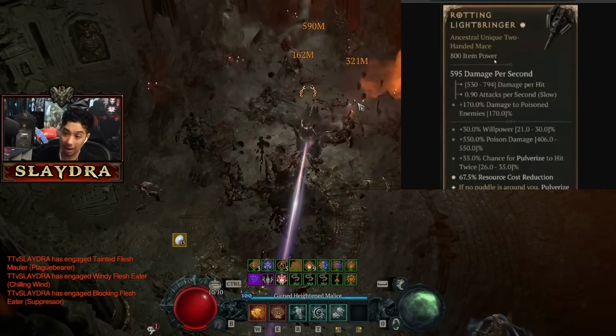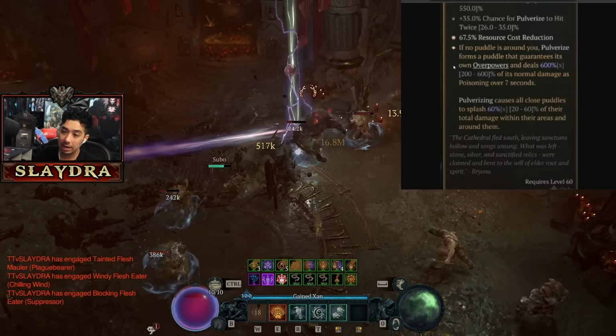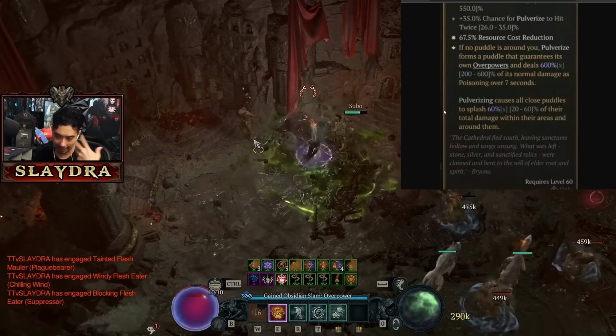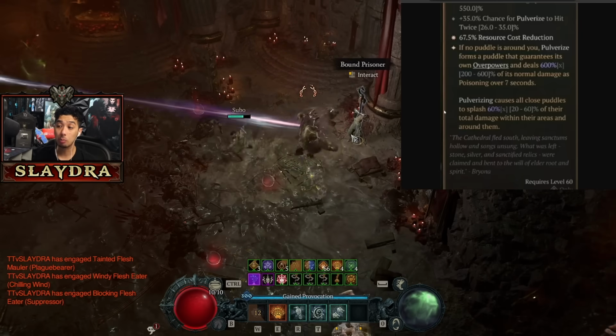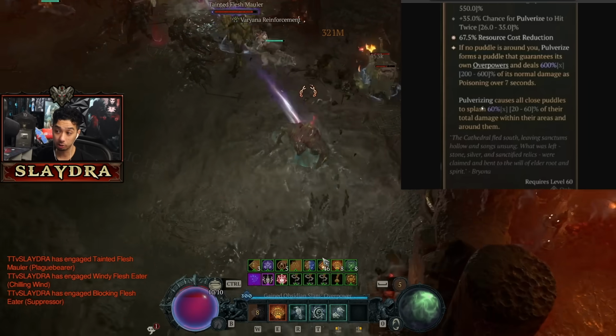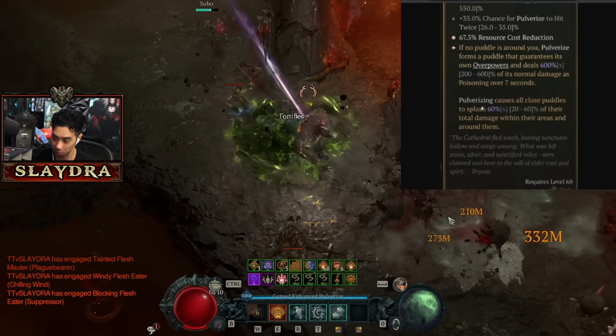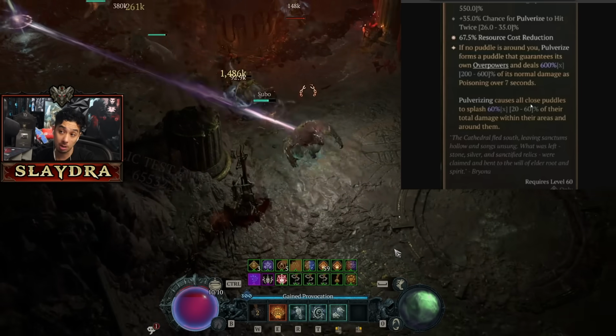Now with the new updated one that's coming out specifically in Season 9 with the update, you guarantee get this puddle. It used to be every 10 seconds you get to spawn a puddle, but now it is every single time. As long as there's no puddle around you, you get to spawn in these poison puddles that deal 100% guaranteed overpower damage, which is super busted, and then you get a big amount of a splash damage, which can